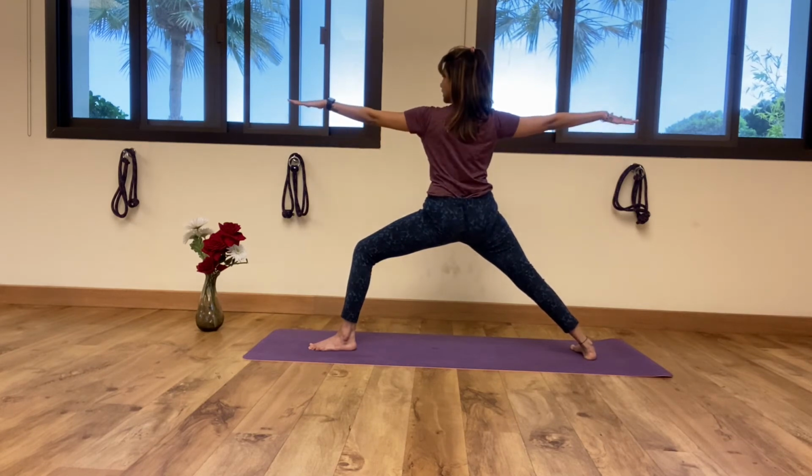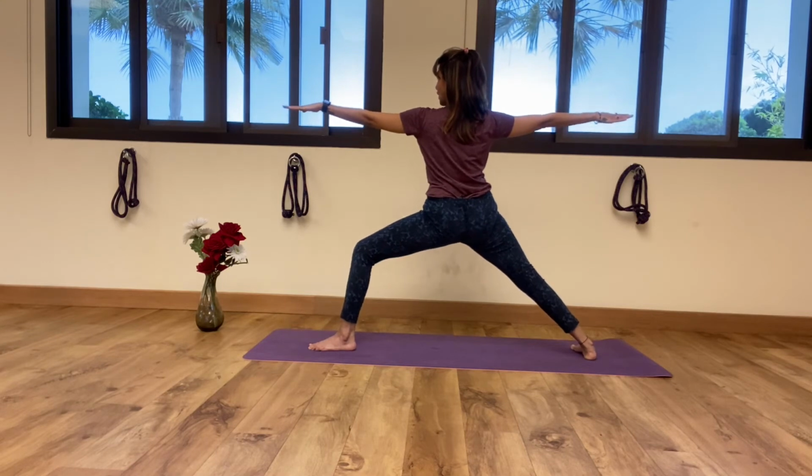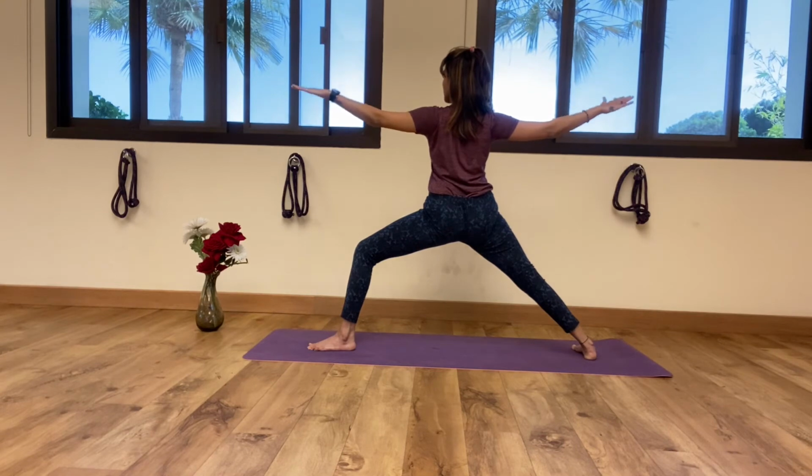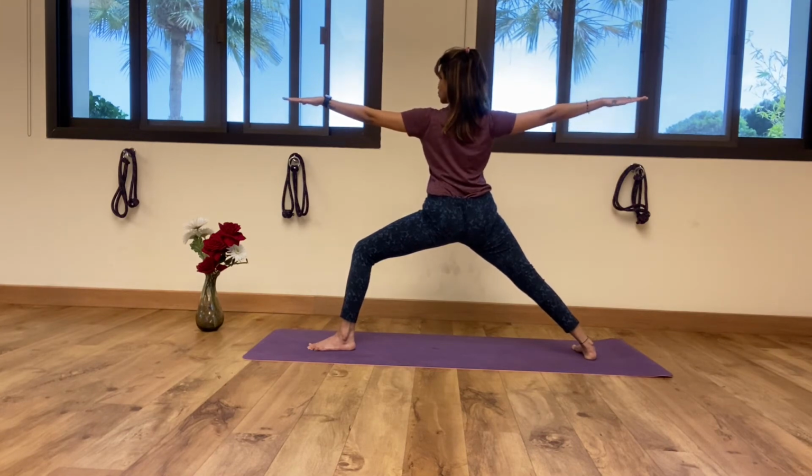Raise your hands in line with your shoulders. We will spend 5 breaths here. Engage your core, open your heart. You can move your chest out. 1, your shoulders are aligned. Look in front. 2,